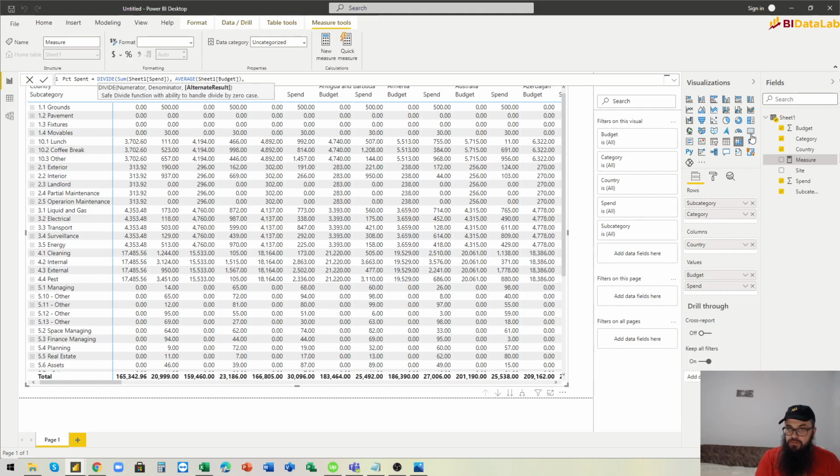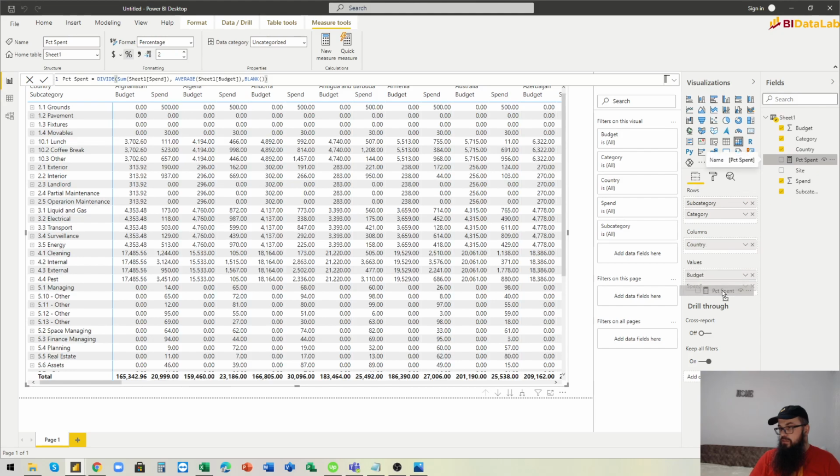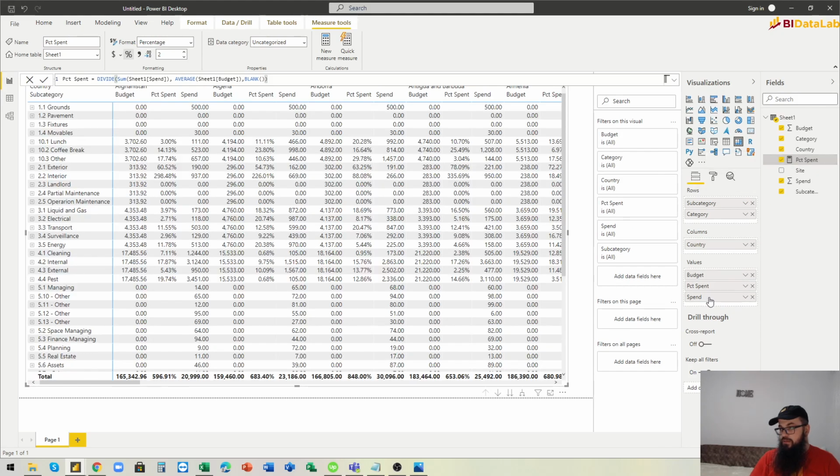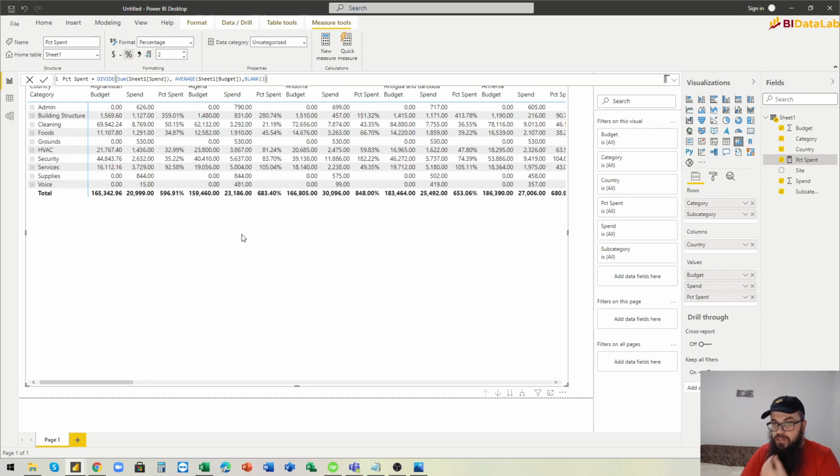And if this formula brings an error, then make it blank, like this. Okay, we format this as a percentage, and we put it also in the values well here. Okay, like this. So now what do we have here? Should move this category up here. Okay,